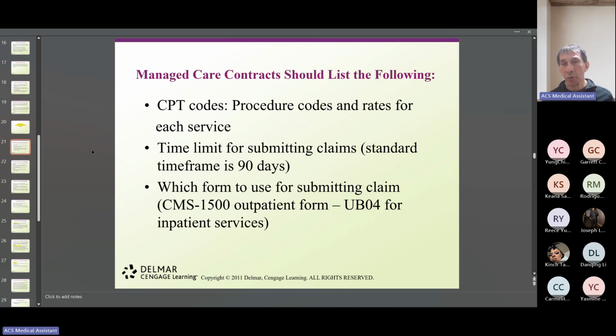In order for us to do that, we're going to talk about two types of forms that we're going to use. We're going to use the CMS 1500. That's the most common one for outpatient setting. And the UB04, which is for hospitals and large organizations where they have inpatient services. We're going to be using the CMS 1500. I'm going to be sending it to you at the end of this week, because next week we're going to be learning how to complete that form. It is an electronic form.